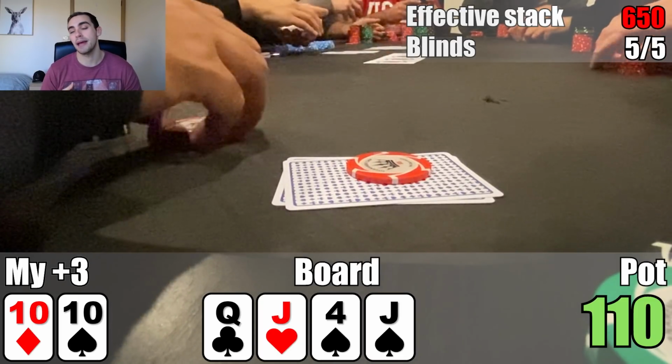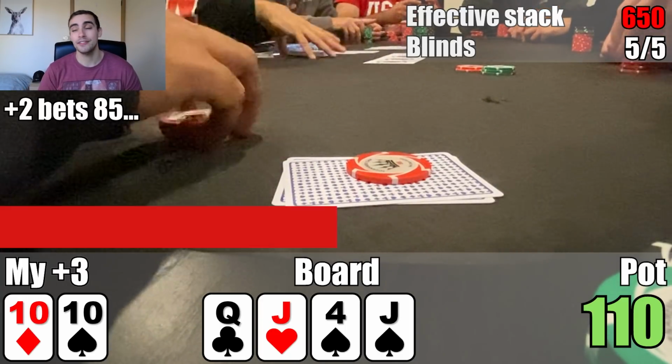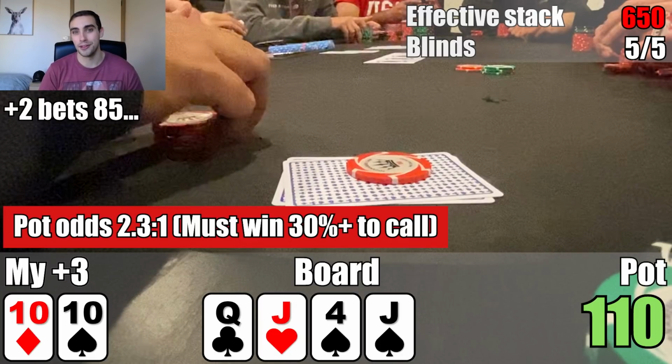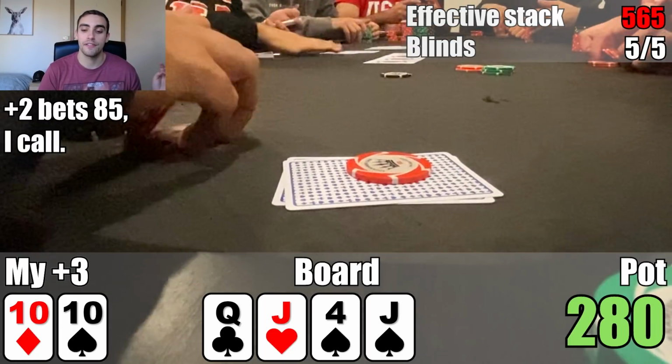Jack of Spades putting out backdoor spades and pairing middle pair. And then the opponent betting 85. So I did check on the flop to induce bluffs from my opponent on the turn. So probably should be calling here, getting 2.3 to 1. So I do throw in the call, and then we get to see a river, which is the 4 of